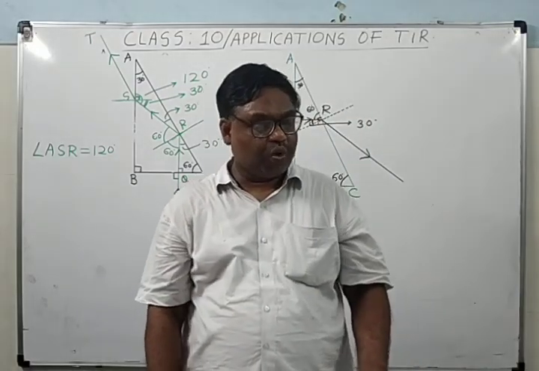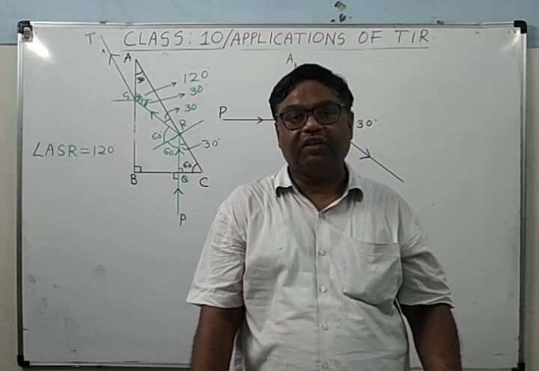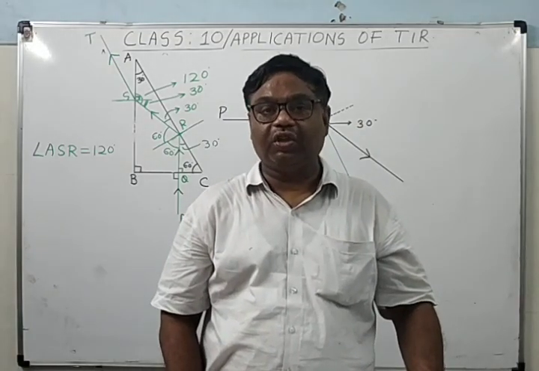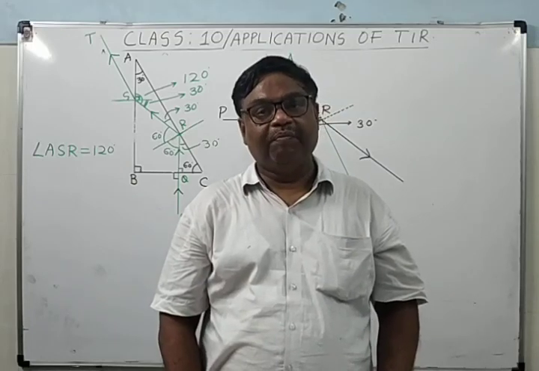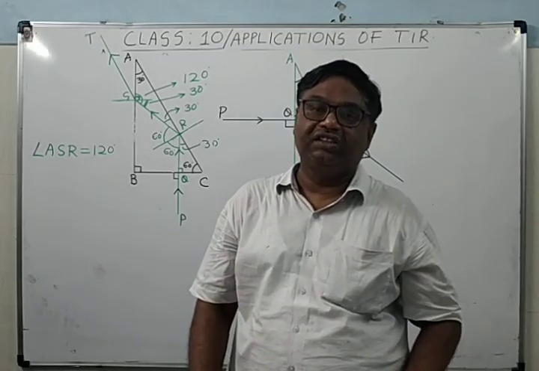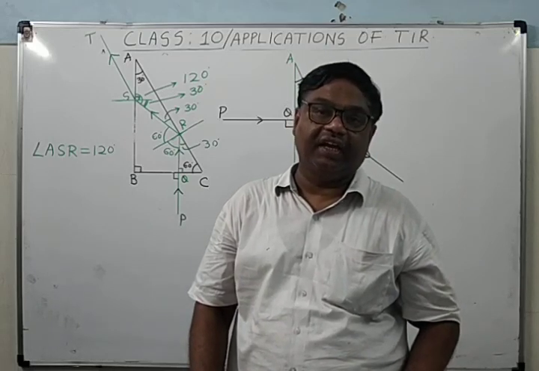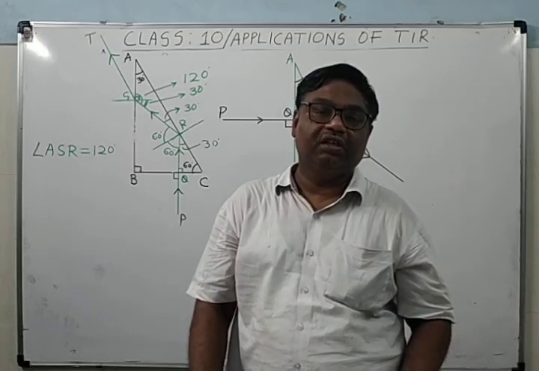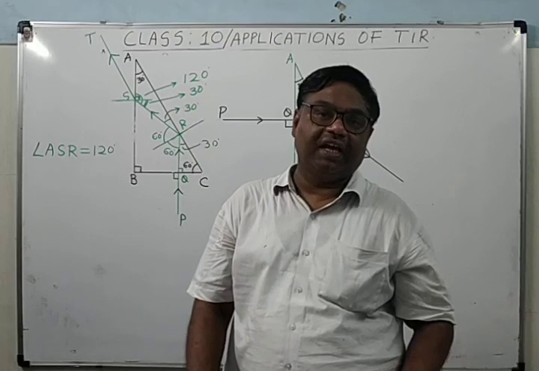It's clear? Now, what are the advantages of total internal reflection over simple reflection? In total internal reflection, the image which is obtained is much brighter as compared to the image obtained after normal reflection. But total internal reflection can take place only when the ray of light is going from where to where? Denser to rarer medium, and the angle of incidence should be greater than the critical angle. While in the case of normal reflection through a mirror, there is no such restriction. It can reflect at any angle.